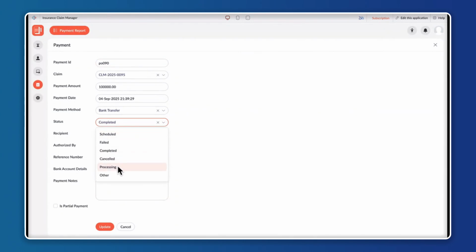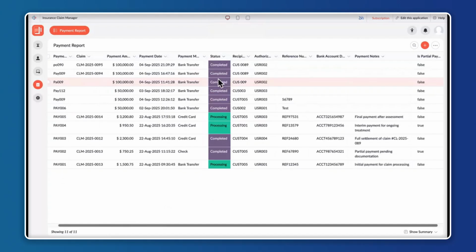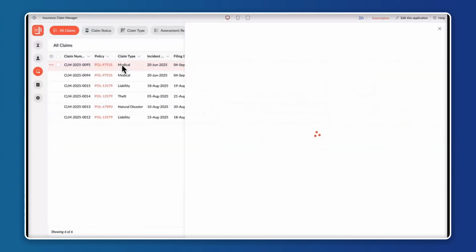If the processing has been started, they will say that the amount is processing. If it has been received by the policyholder, they will mark it as complete and update it. So this is how they will be managing the payment. Once the completion is done, they can simply go to the claim,